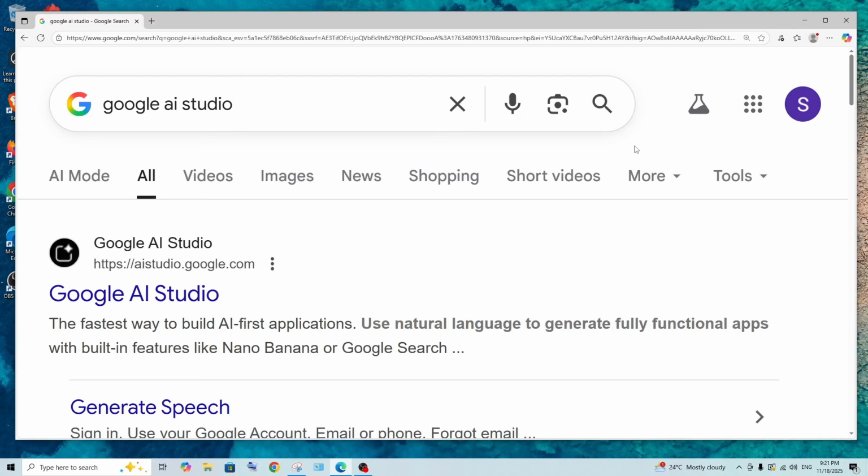The wait is finally over and Google has launched their best model, which is Gemini 3.0 Pro. And in this video, I'll be showing you how to access it online. So let's get started. So just search Google AI Studio and we will be having the first link,